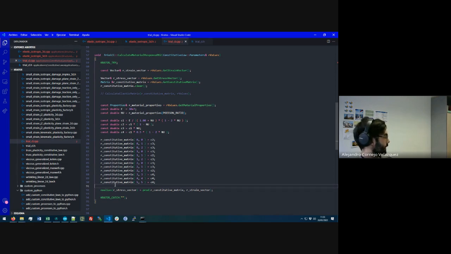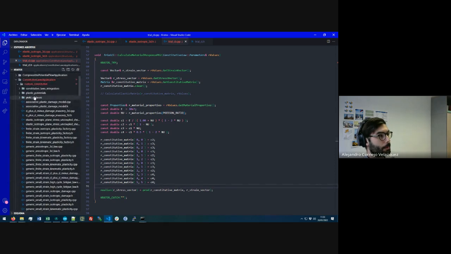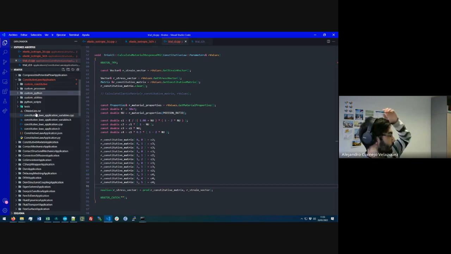Conditions, in which we are not interested because they are already there. I mean, we are not going to implement a point load condition or surface load condition. In here we can see the custom processes, which is the circuit process, advancing time, whatever. This custom Python folder is to register stuff to be called in Python, because otherwise Python won't know what you are talking about. And the Python scripts, whatever. Okay, this is more or less what I intended to